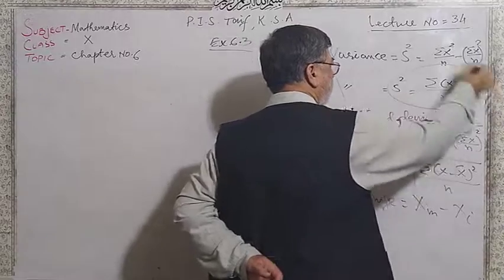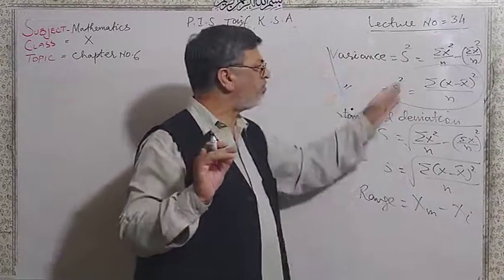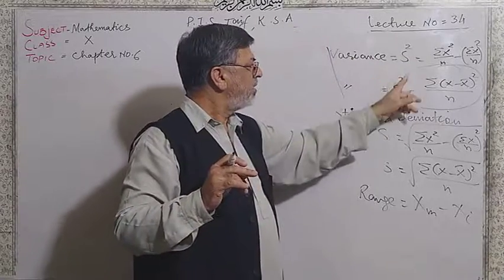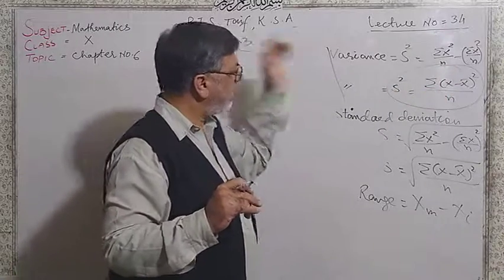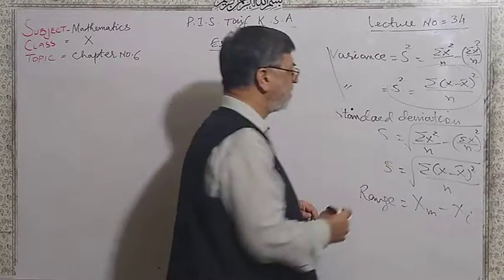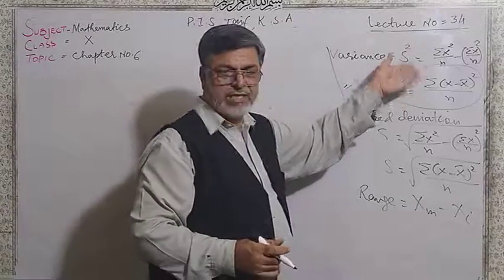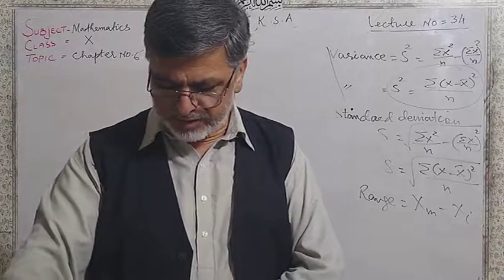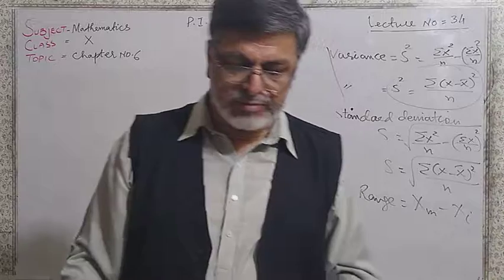This is the formula of variance. This time you will not take the square root. Simply, you will not take the square root, and the answer will be s squared equals sigma (x minus x bar) whole squared over n. In case of standard deviation, you take the square root on both sides. Without taking the square root, that is variance, and you can apply the same method, same formula to complete this question. I hope that you can do it by yourself. It will be easy for you.